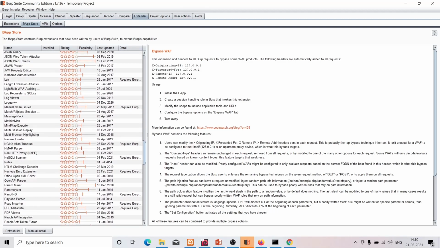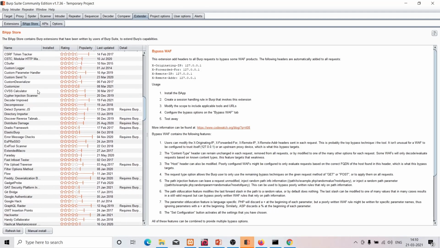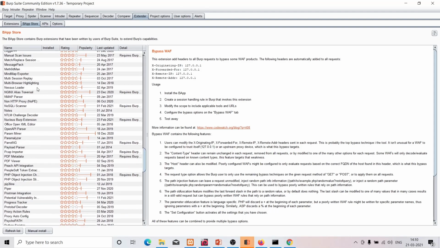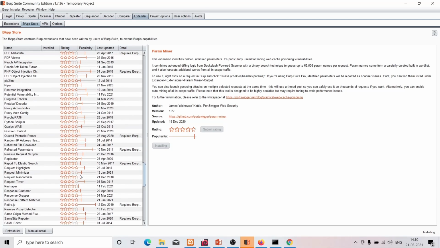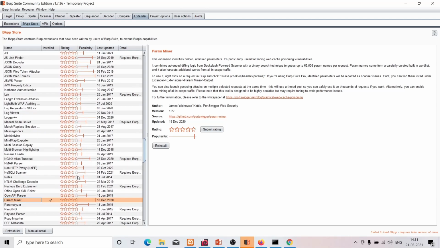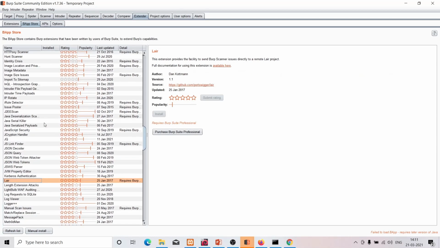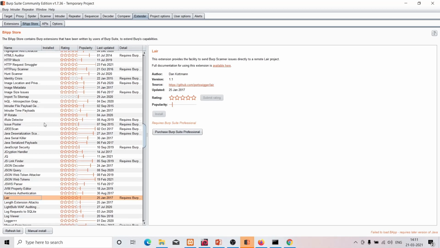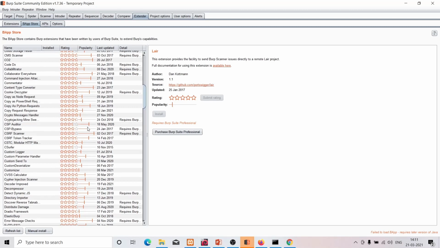Let us check whether it is there or not. I think it is not available in this one. Not quite sure, but yeah, Param Miner is there and you can definitely install it. It is free. You don't require Burp Pro for it. I think LinkFinder is not there in this version, or I am just missing it. No issues. I have definitely installed LinkFinder from Burp Extender on my office laptop, so I think it is there in the new version.